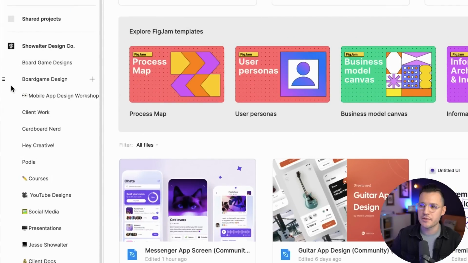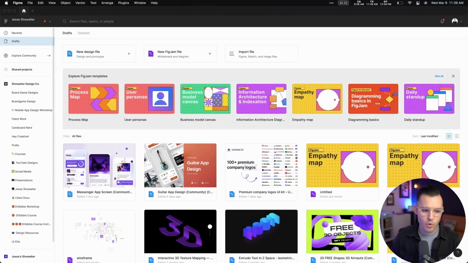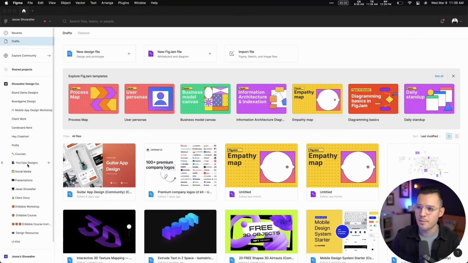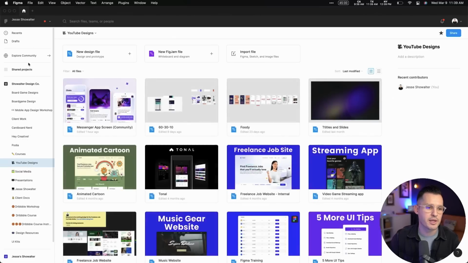Now, the projects are listed down the left-hand edge, and they're organized by the organization. I have a few organizations that I'm working in here, but if I wanted to take this draft, this messenger app design, and move it into a project, all I have to do is grab it, drag it, and drop it into whichever one makes the most sense, like YouTube designs. Boom, I'm going to drop it right in there, and it no longer shows up in drafts,